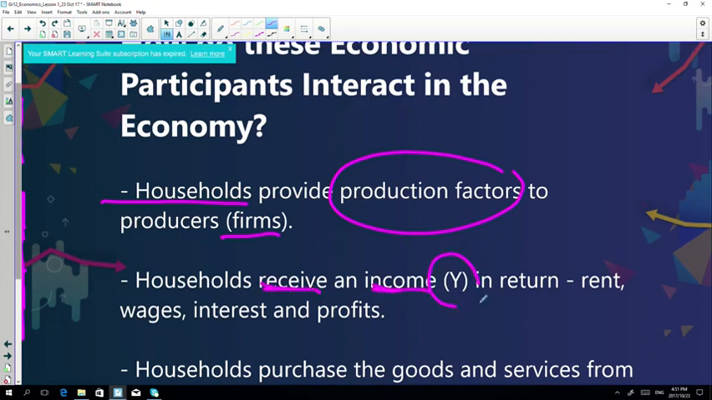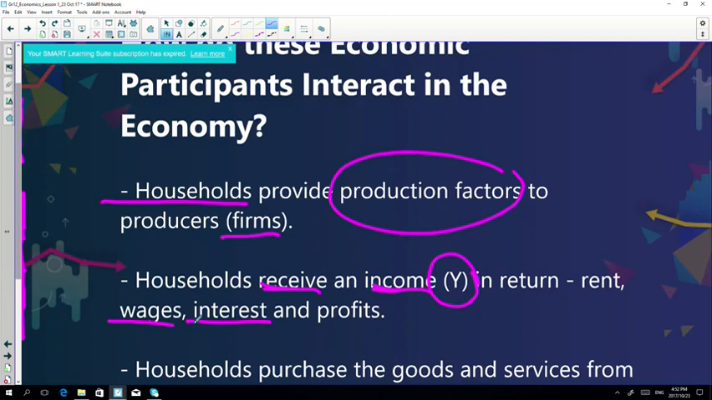And then the households will receive income. Okay, so that's how we represent income. In return, that will be rent. If we are renting out our property or our land to a firm or to a producer, then they will have to pay us rent on a monthly basis, depending on what the lease agreement or the rental agreement says. Also, they pay us wages because we contribute our skills and expertise. So we will agree on a certain amount that they can pay us on a weekly or on a monthly basis. And also interest, when we save up, we earn interest on our investment,